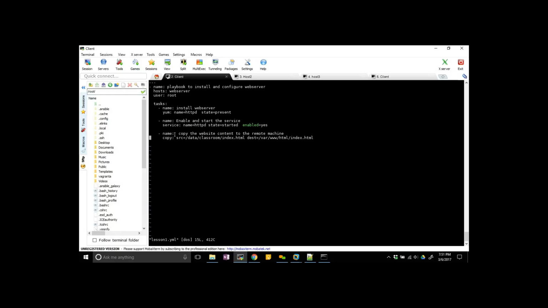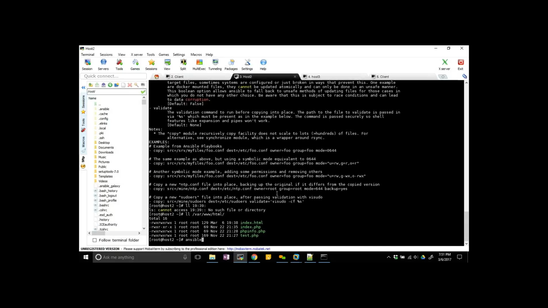So for that you can use a tag. So how to use this tag module?